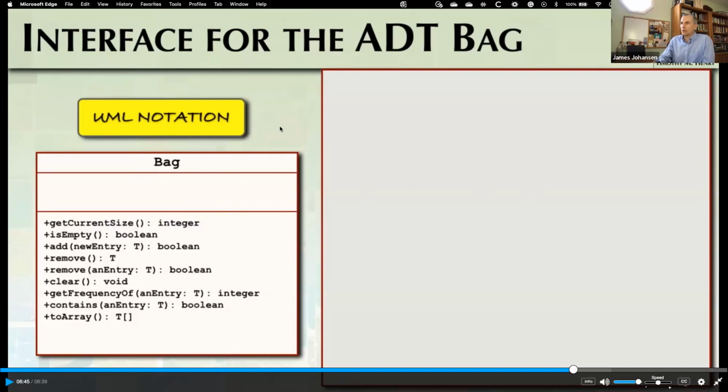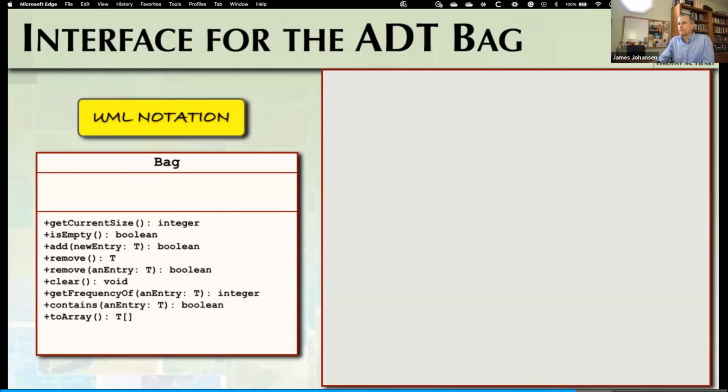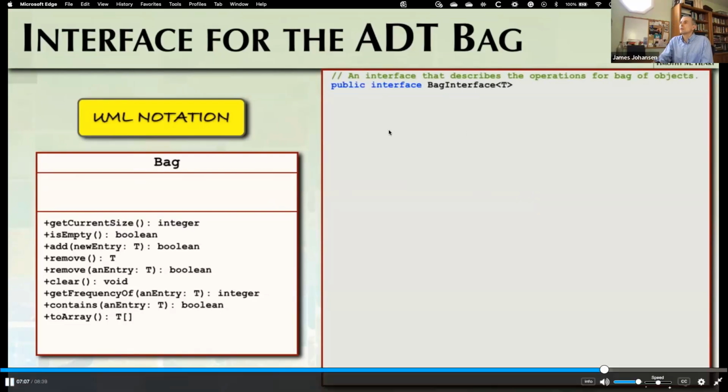So that's why we're going in that direction. At the ADT, remember that a Java interface does not have fields, constructors, or private methods. For now, the items in the bag will be objects of the same class. For example, we could have a bag of strings. To accommodate entries of any one class type, the bag methods use a generic type T for each entry.